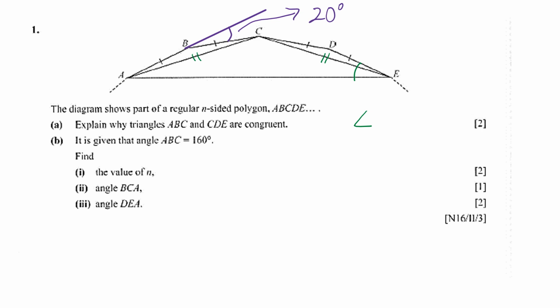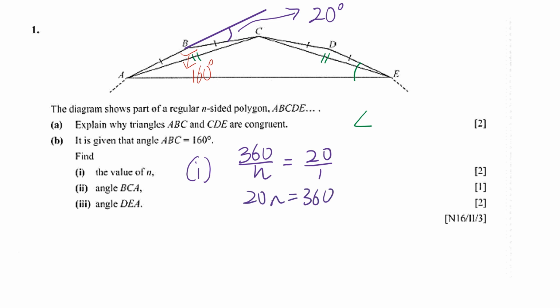This one is 160, right? So sum of angle in the straight line. So it's 180 minus 160 give you 20. Right. So 360 divided by n gives you 20 degrees. Just do a cross multiply. And therefore, n will just be 18. Alright, so that is B part I. Okay, B part 2,